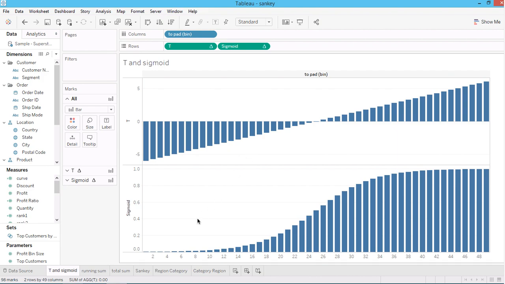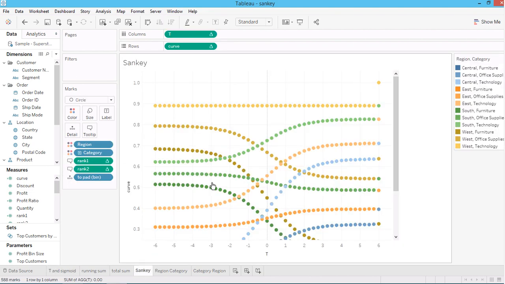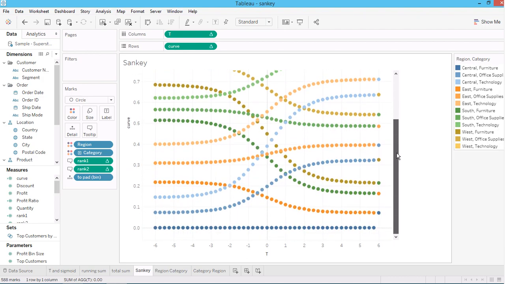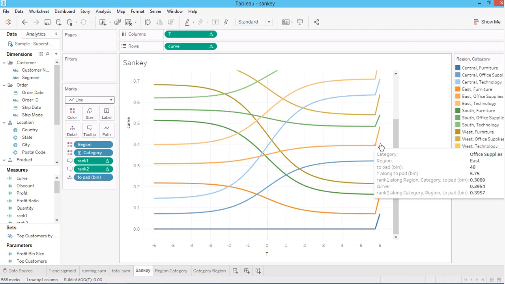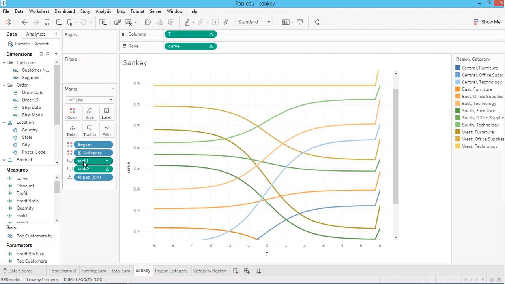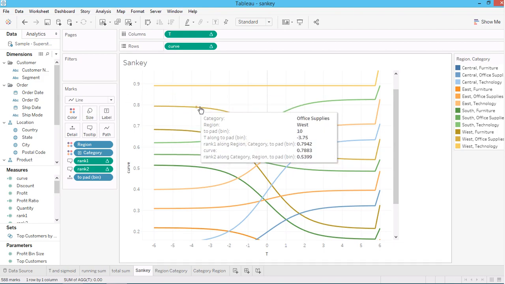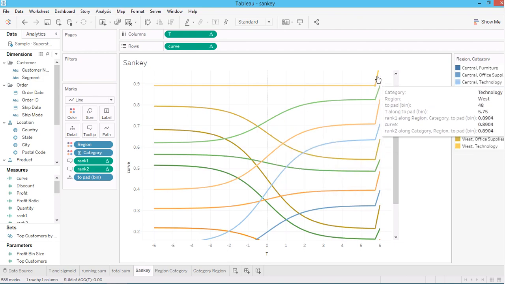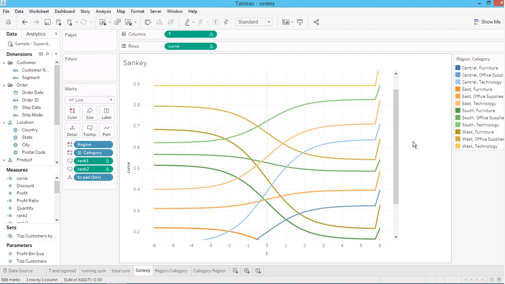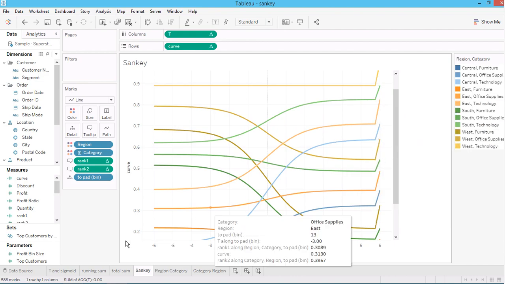So I have all the diagrams created, and I have this final Sankey diagram, which I'm not making a final product, but as you can see, there's the shape and the dot, the connection. If you change it to line, you can see that this is the Sankey diagram. Then you can drag size to create a size based on your measure, and you can change the width for each line. As you can see, there's some tilting here when you create the Sankey diagram. I will also talk about that later, and what that means mathematically. Okay, so